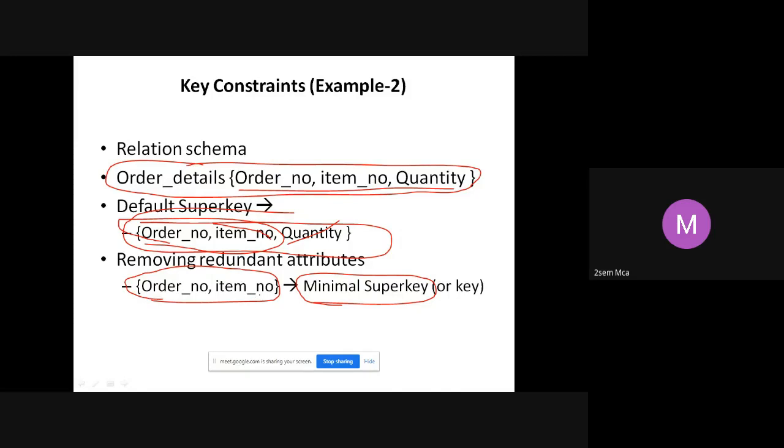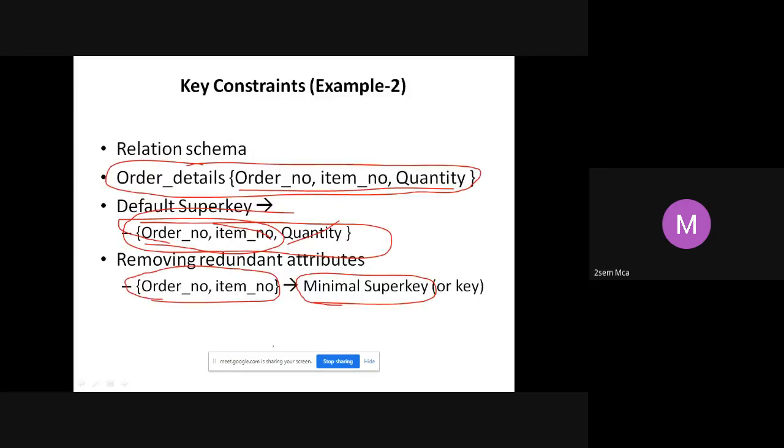Like we had movie name and year of release. Composite it is, right? You cannot identify with a single primary key, so you combine it with something else. So I took movie name and year of release. If I remove one of them, can I identify the records uniquely? No. So movie name and year of release together becomes the minimal super key.